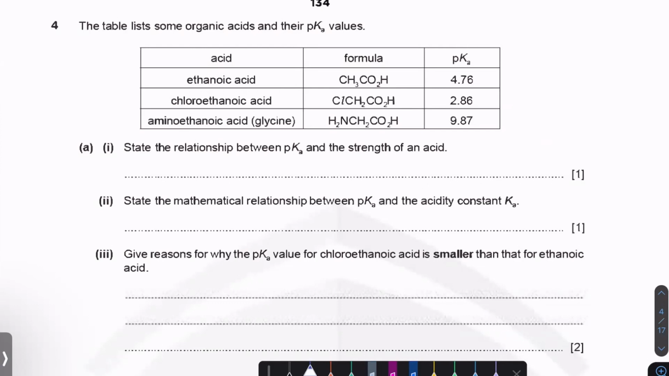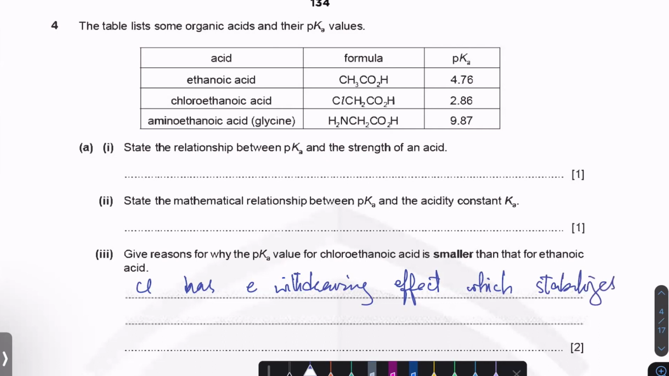Give the reasons for why pK value for chloroethanoic acid is smaller than that of ethanoic acid. That basically means that chloroethanoic acid is a stronger acid than simple ethanoic acid. And of course, the reason for that is that chlorine has electron withdrawing effect, which stabilizes the conjugate base, या जिसको हम anion भी बोल सकते हैं, anion. Okay,